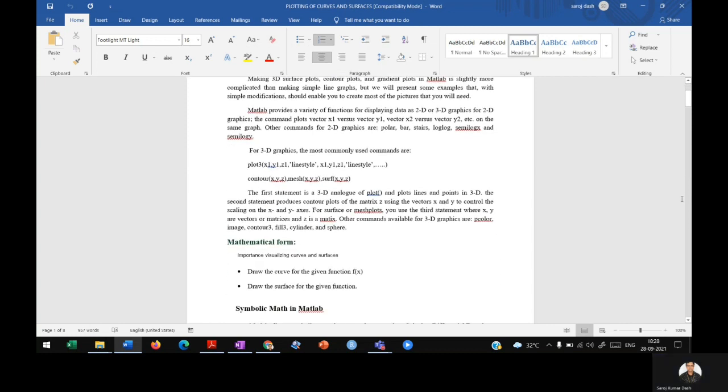So in general, for plotting curves, what is required? Suppose you are going to plot a line, then you have to take x values and calculate the corresponding y values. Then you have a set of points, you plot those points on graph paper, and then you draw the line. That's all. In MATLAB also it is the same.